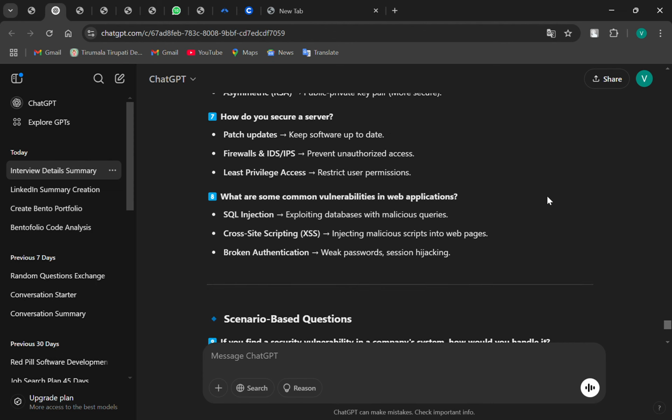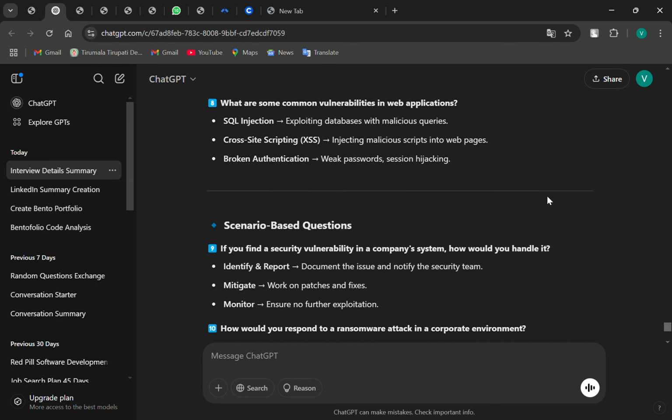What are the common vulnerabilities in a web application? SQL injection, exploiting the database with malicious queries. Cross-site scripting, injecting malicious script in the web pages. Broken authentication, weak password and session hijacking.